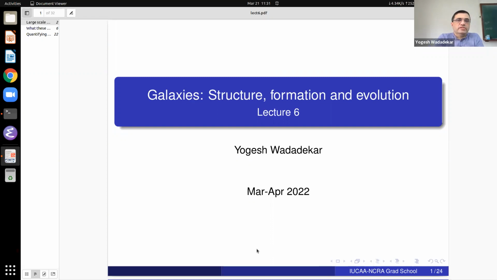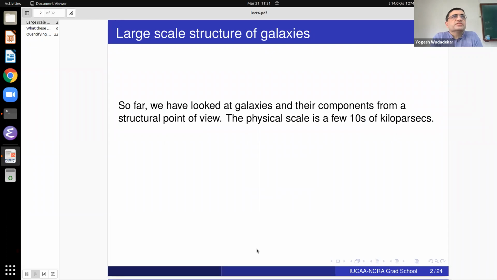So let's begin with lecture 6 of the course on galaxies. This is where we had stopped the last time. We started talking about the large scale structure of galaxies. We said that we've so far looked at galaxies as individual objects on the size scales of about a few tens